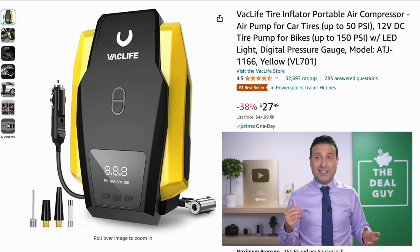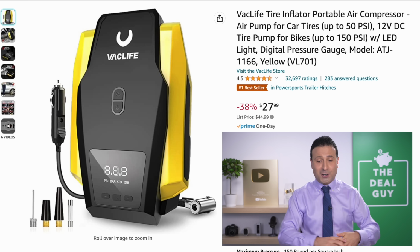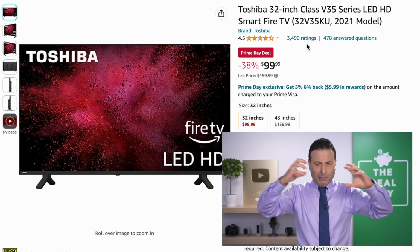You can tell I'm getting through my list and excited because I can feel sweat accumulating above my lip. The Vac Life Tire Inflator, $28 plus an additional 30% off coupon. Of course, every time I get excited, I do this weird gesture that looks like I'm pulling silly putty, but